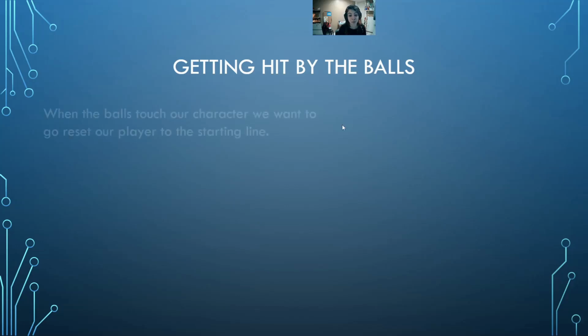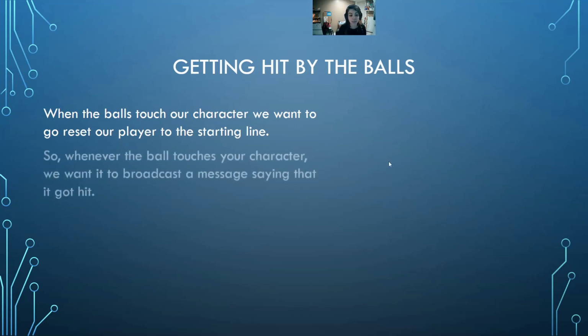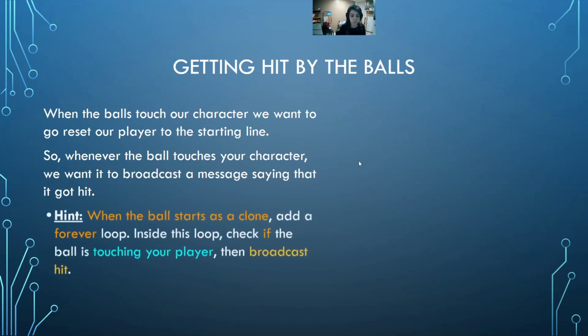Getting hit by the balls. So when the ball touches our character, we want to reset our player to the starting line. Whenever the ball touches your character, we want to broadcast a message saying that we got hit. So here's a hint. When the ball starts as a clone, add a forever loop, and inside this loop,